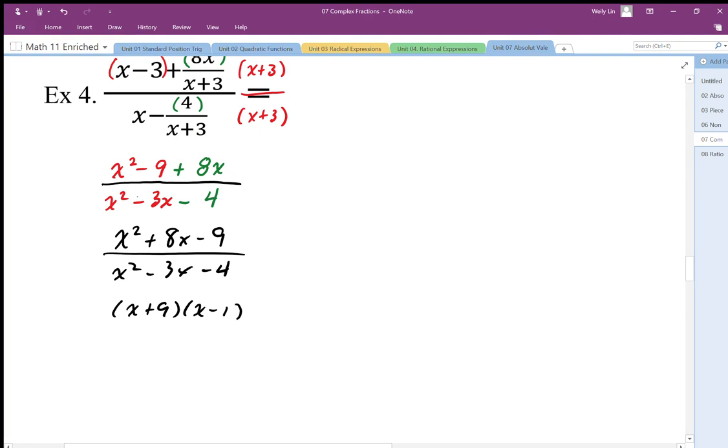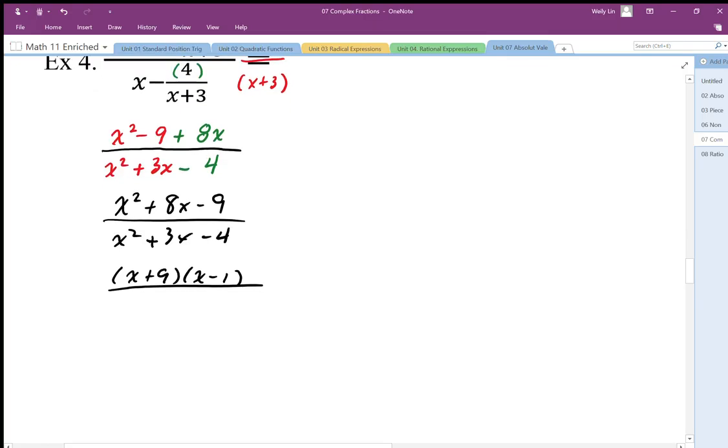And in the denominator, I think I made a mistake here. X plus 3 times x should not be x squared minus 3. It should be x squared plus 3. So I made a mistake there. So better correct that. So now, looking in the denominator, it's x squared plus 3x minus 4, not minus 3x. It should be plus 3x minus 4. So two numbers that multiply to negative 4 add to positive 3. We're going to end up with x plus 4,